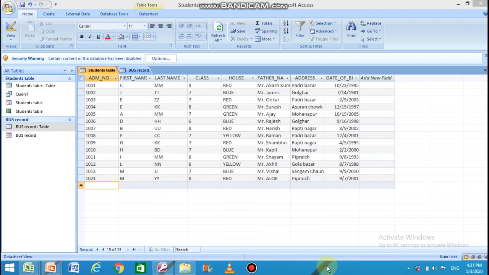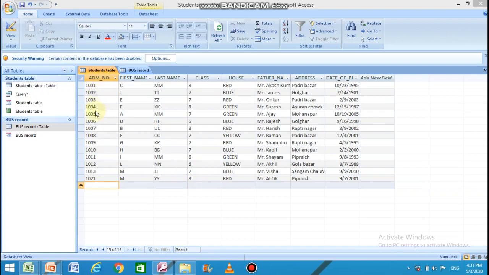My dear students, to show you the use of primary key in data redundancy, I created a table. The table name is student table. I fed some data. You can see in the admission number field, I set it as primary key field.